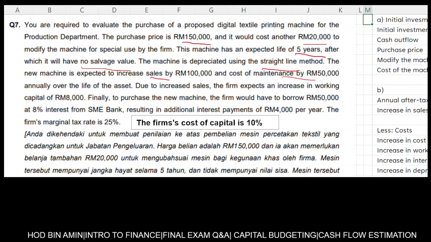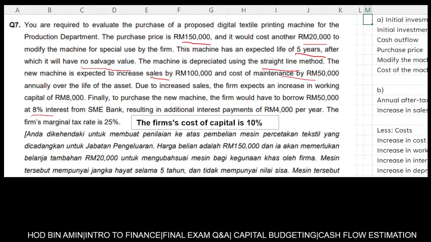Due to increased sales, there is an increase in working capital of 8,000. This is an outlay investment, an outlay flow. And finally, to purchase the new machine, the firm would have to borrow 50,000,